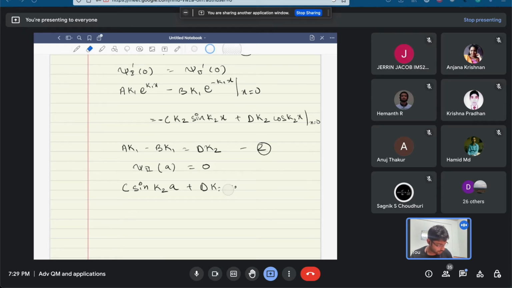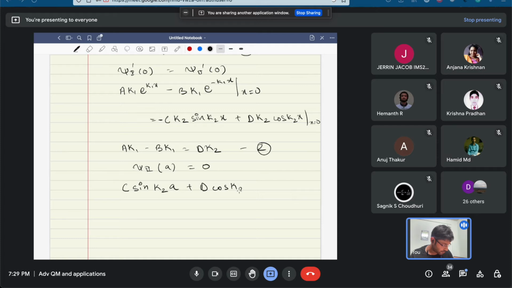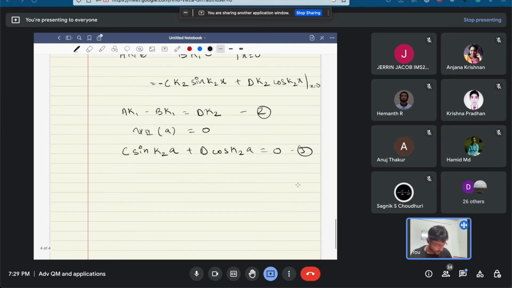Sorry about this. I have missed one more boundary condition, that is at infinity the wave function should be 0, at minus infinity as well as plus infinity. So here we don't need to worry about plus infinity because at x equal to a itself the wave function is 0, but at minus infinity it should be 0. So we are going to use that one as well. Now here we have cos k2 a equal to 0. So this is the third, and finally using that